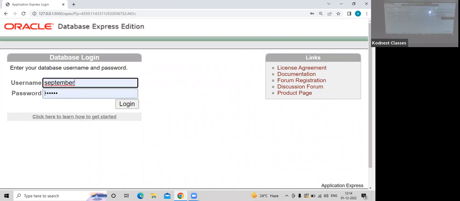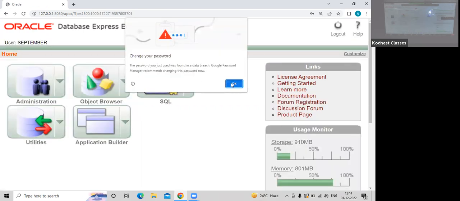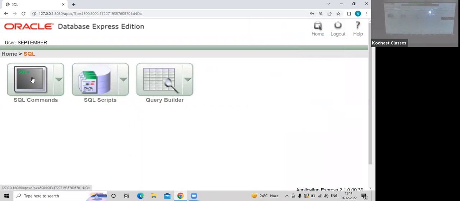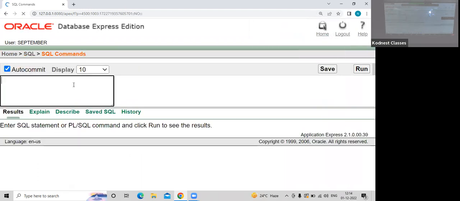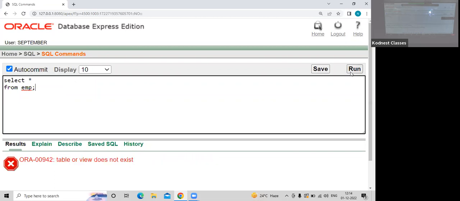September. I'll log in. So now please observe here, if I'm telling select star from EMP, if you remember previously also we executed this query, we were not able to access it. But now if I just tell run,